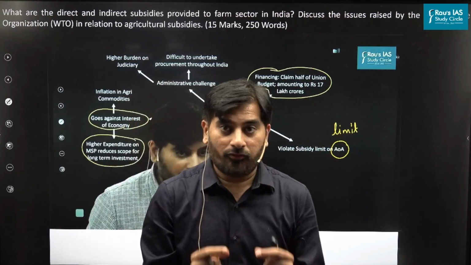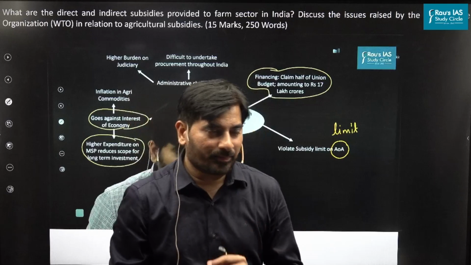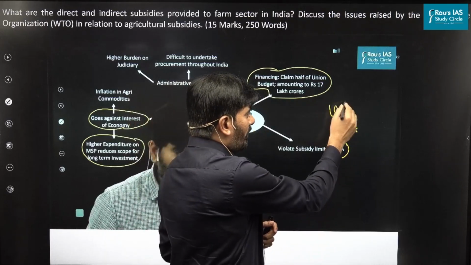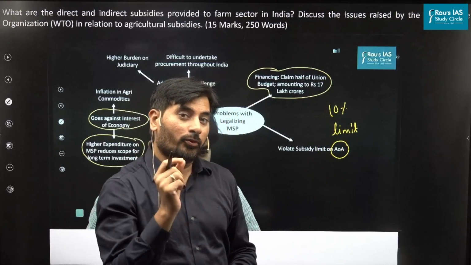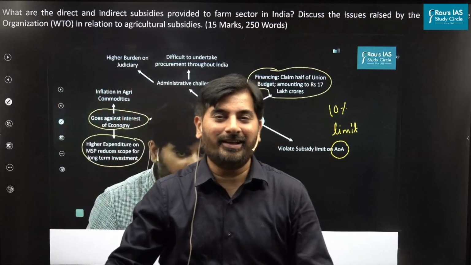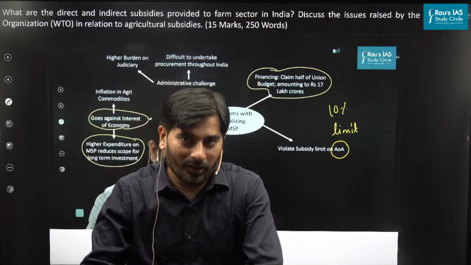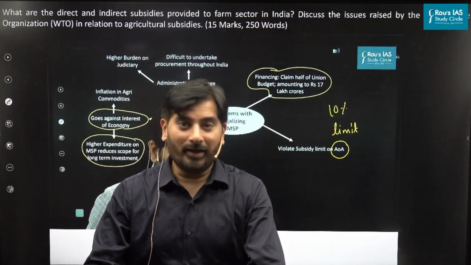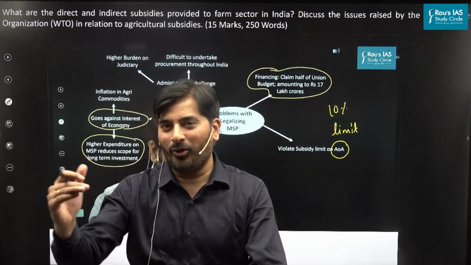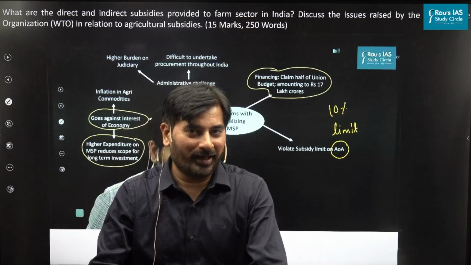That limit for the developing countries is 10% of the agricultural value of production in the year 1986-88. So no developing country is allowed to give subsidies over and above this 10% limit which is put under the agreement